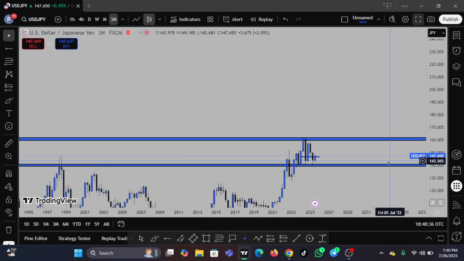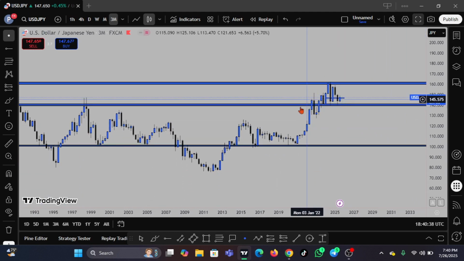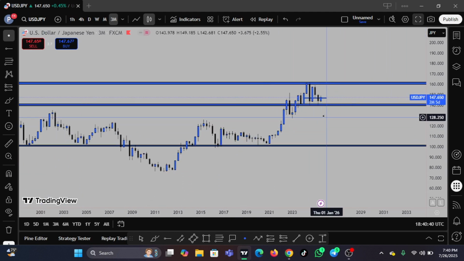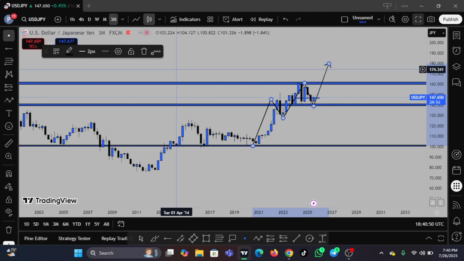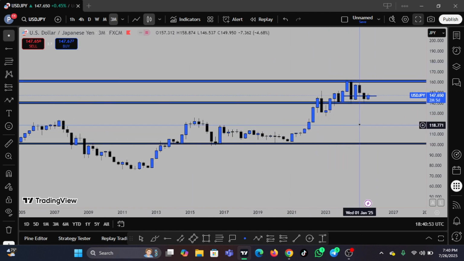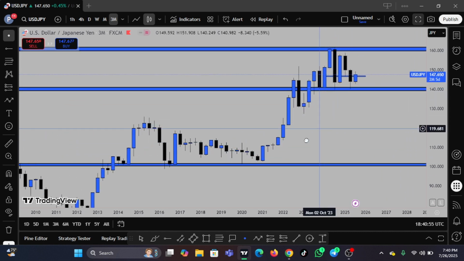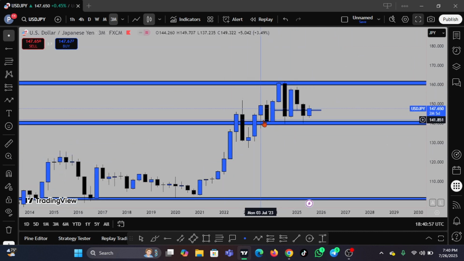USDJPY, let's go back to the top. USDJPY, this trend has been bullish, but price has just been stalling for a while. You can see this strong push to the upside. Strong push, retracement, a push, retracement. We are expecting another push to the upside. That is just it. Basic structure. We are expecting a push to the upside. So we are seeing this level holding price. This level is really holding price.